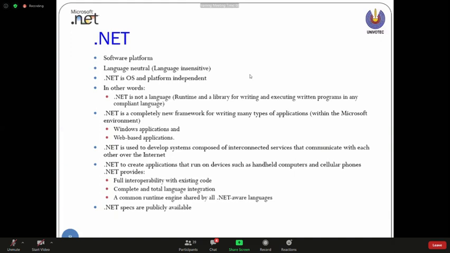Okay. Then .NET is a completely new framework for writing many types of applications within the Microsoft environment. Windows applications, web-based applications, both can use a database. Now you already know that if you create an email account, there is also a database. You keep your information, your user name, password, all your things, and your mails, everything in the database. Another thing you are familiar with is Facebook, which also has